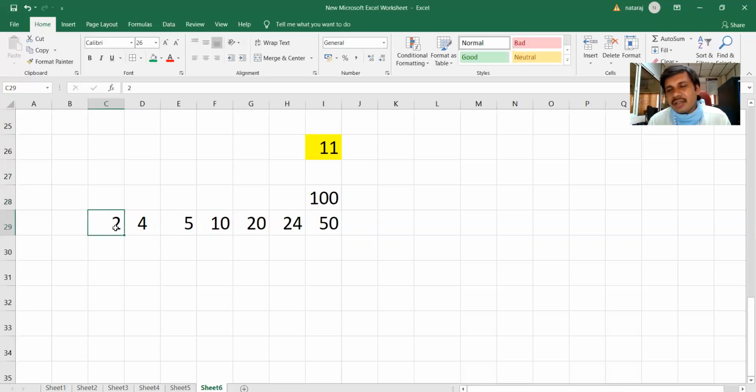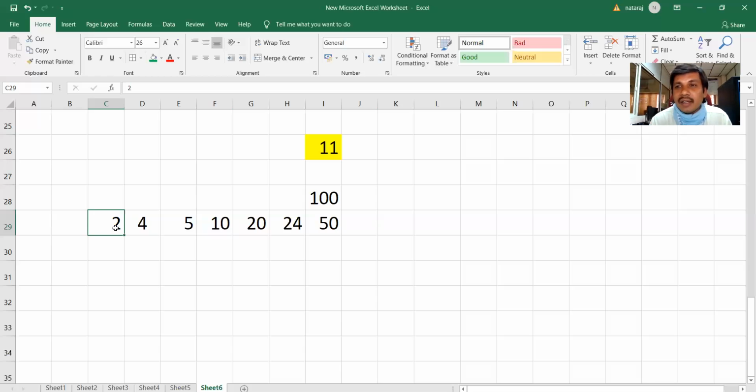We break at 2. Because you need not bother about the number of factors. Number of factors has got nothing to do with deciding a prime number. The moment you get the first factor, break the loop. Don't check the remaining, because it is not a prime number. If it has got a factor from 2 to n by 2, it is not a prime number, no matter how many. So break the loop.